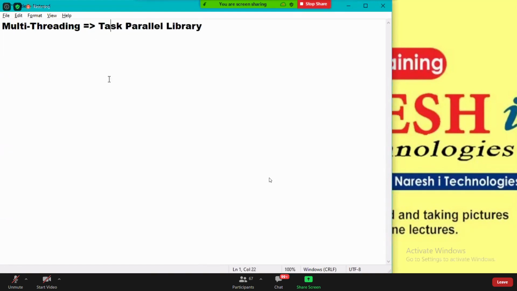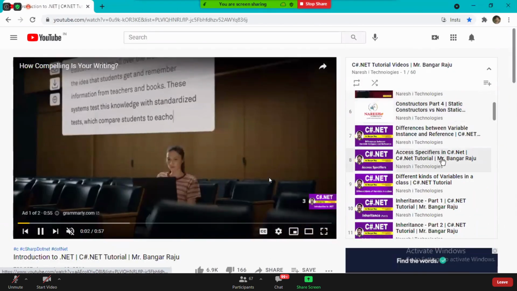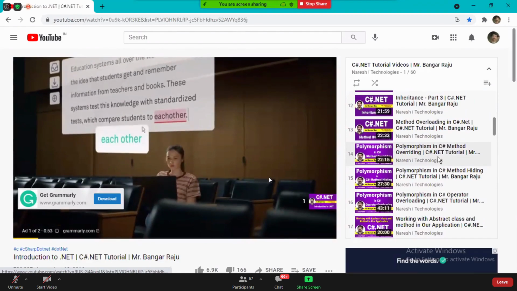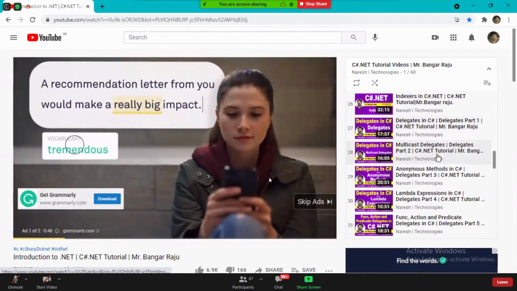But unfortunately, because multi-threading is outdated, it is not in the course schedule. We have the advanced topic task parallel library in the course schedule, but we don't have multi-threading. So what I suggest is, you cannot understand task parallel libraries directly until you have knowledge of multi-threading. To cover both topics,